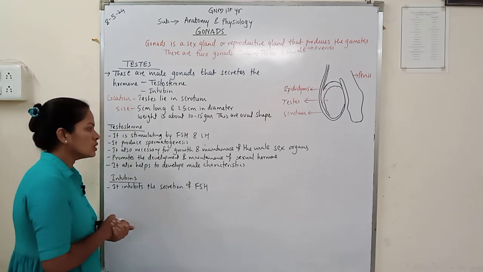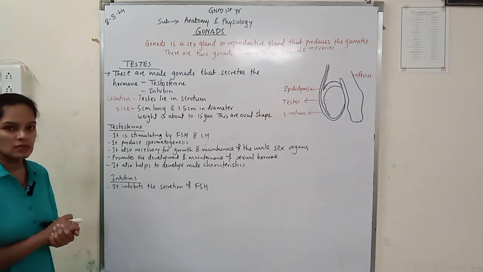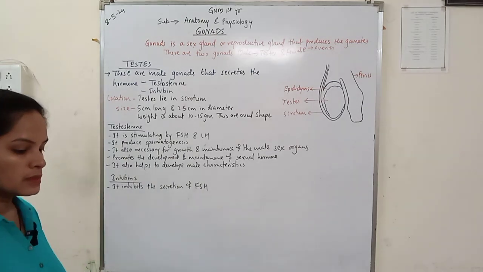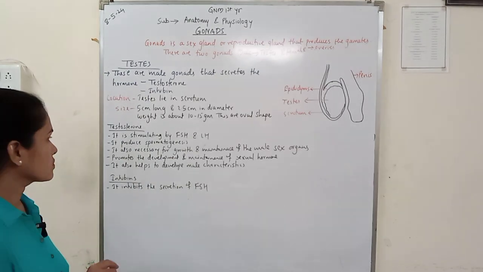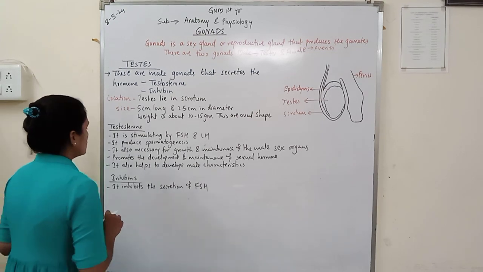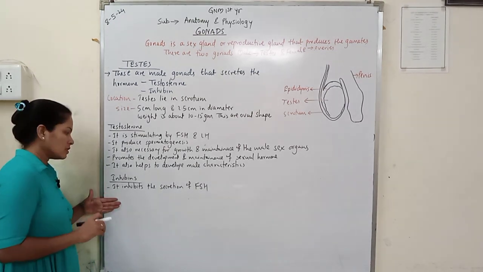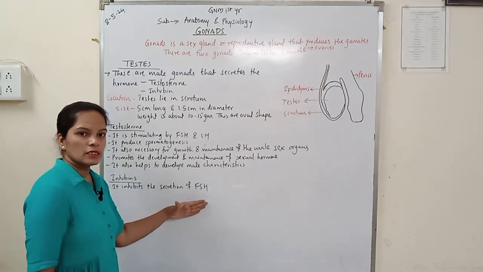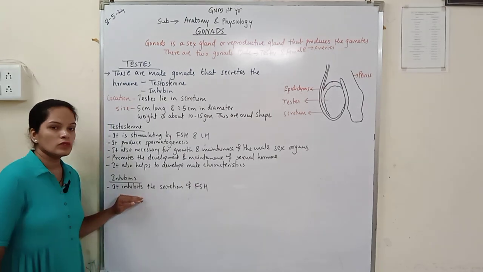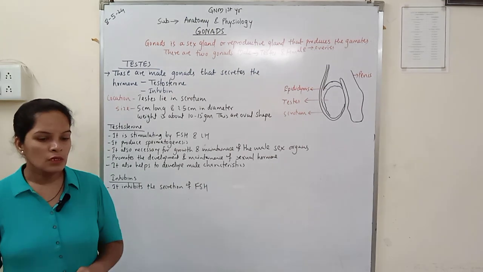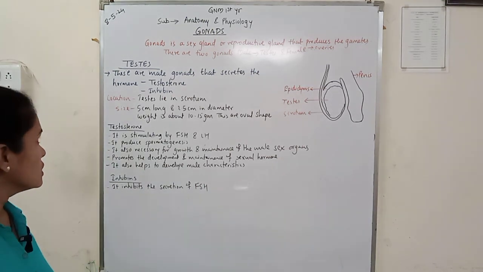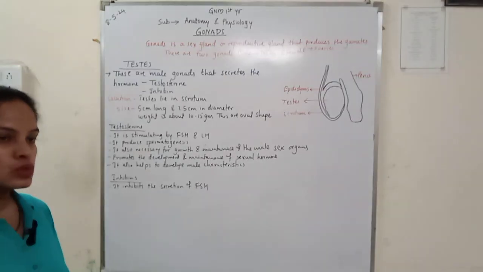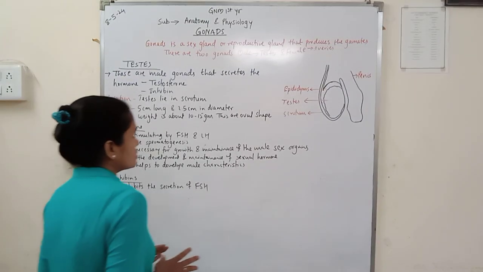It also helps to develop the male characteristics, that is the secondary characteristics, that is hair growth and beard, etc. And the next hormone is inhibin hormone, that is actin hormone. It inhibits the secretion of follicle stimulating hormone. ओके, ये क्या करता है, फॉलिकल स्टिमुलेटिंग हार्मोन का सिक्रेशन कम कर देता है। ओके, सो ये हो गया मेल गोनाड्स के बारे में। सो आज हमने देखा है फीमेल गोनाड्स एंड